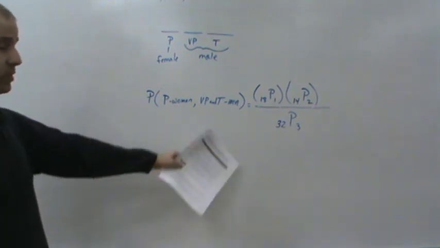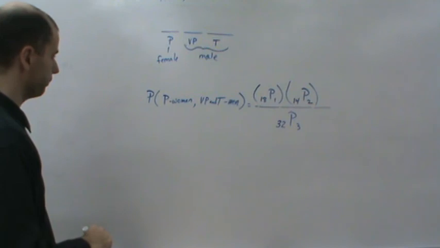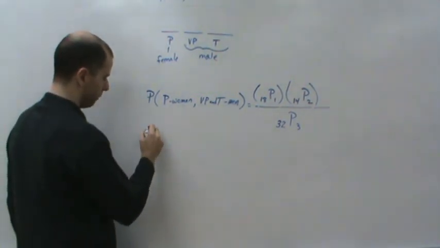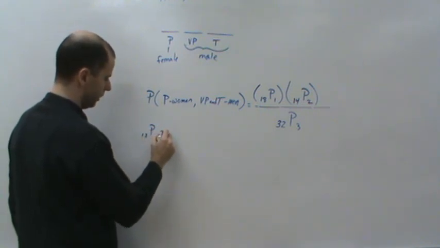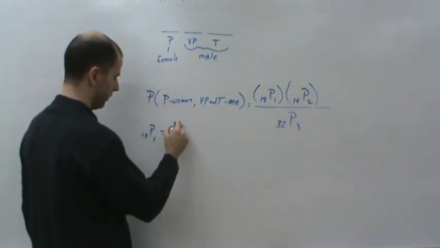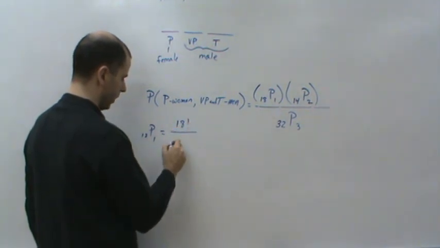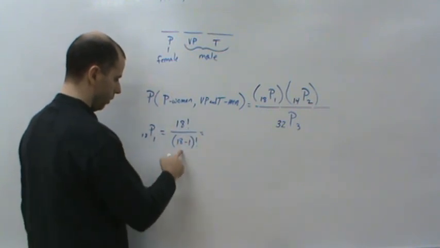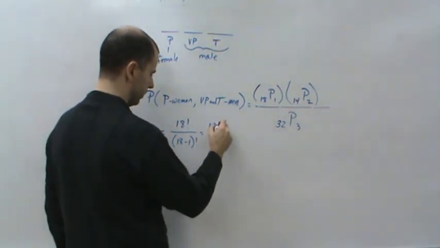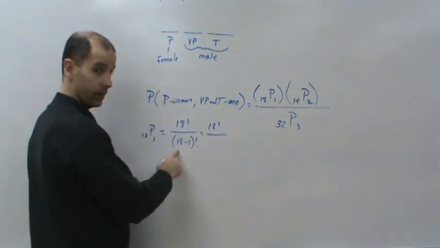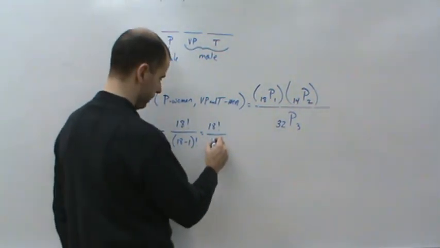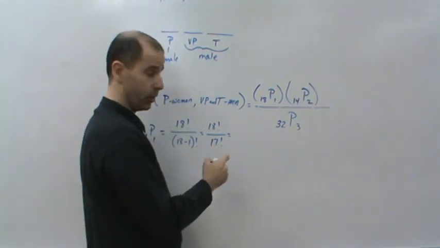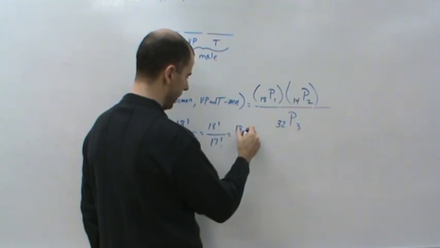Okay? But let's just use the definition, right? So, how many different ways? So let's just figure this out. So 18P1, right? So N and K. So this is going to be 18 factorial divided by what? 18 minus 1 factorial. Well, what's this equal to? This is going to be 18 factorial over what? 17 factorial. Well, what does this reduce to? Well, let me rewrite the numerator. I can rewrite the numerator as 18 times